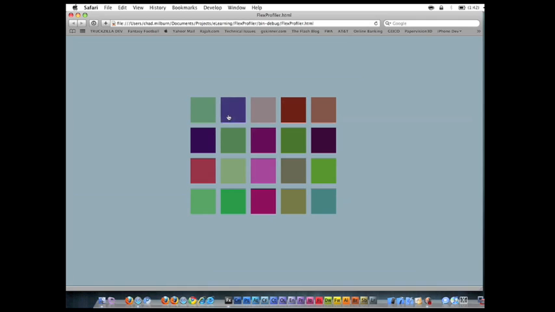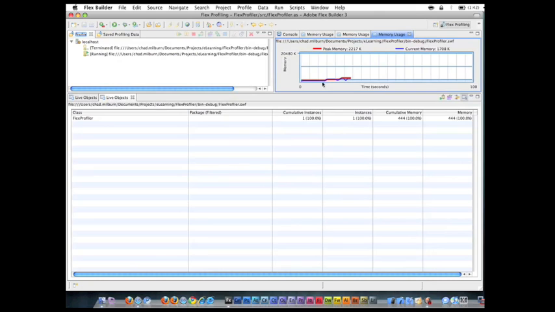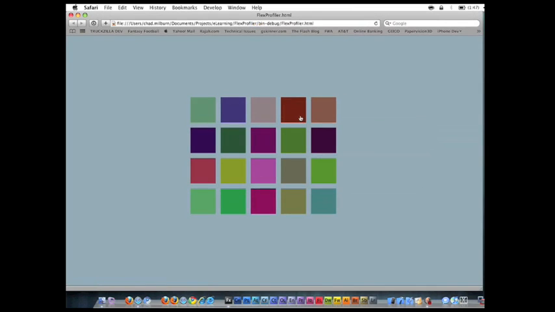So I can click really fast and just keep clicking around, and we'll take another look back here and see that before, we were adding this 500 and our scale was going really high up here, and eventually it surpassed this middle line. Whereas now, because we have our garbage collecting going on, we're removing the unwanted movie clips, we have peaks and valleys, I like to call them. So right here is our high point, and once we removed them we went back down, and we clicked again and went back up, but eventually it always finds its equilibrium where it comes back down to a consistent and normal state. So I'm going to go back to Safari here and just have fun clicking